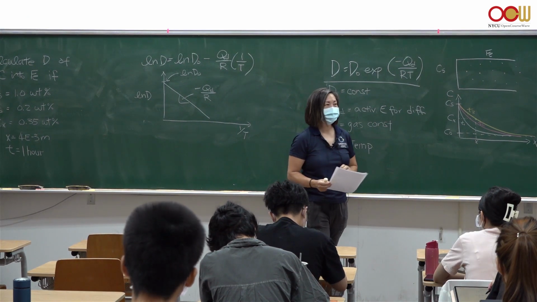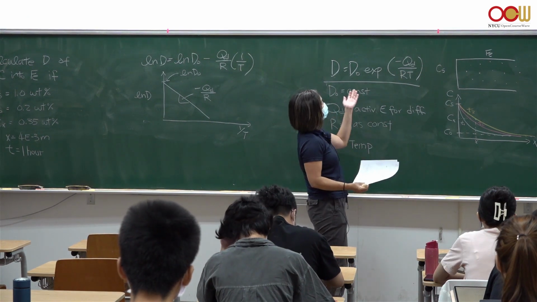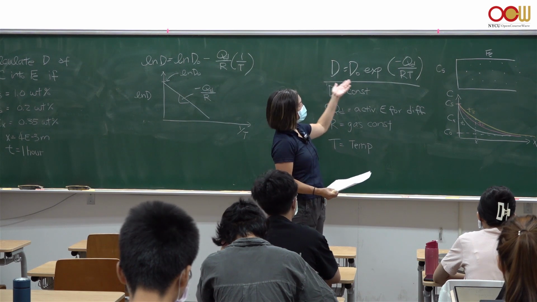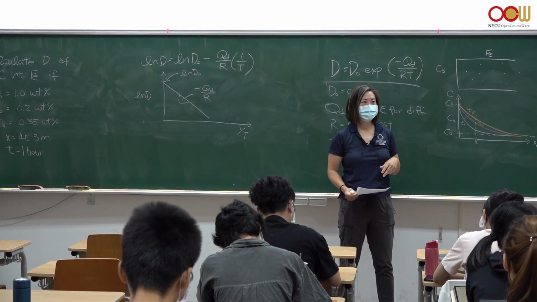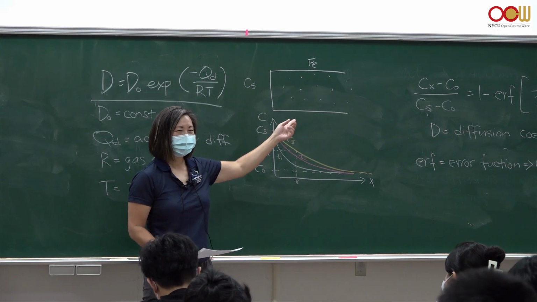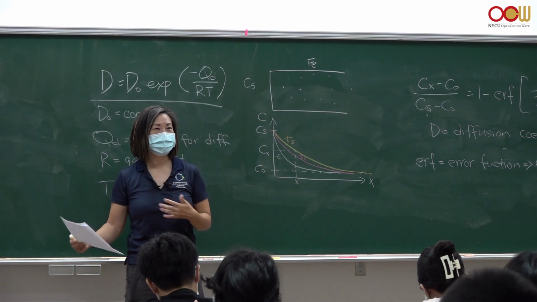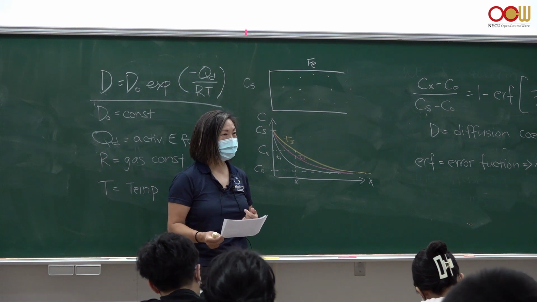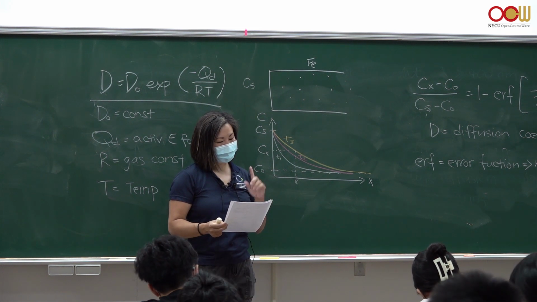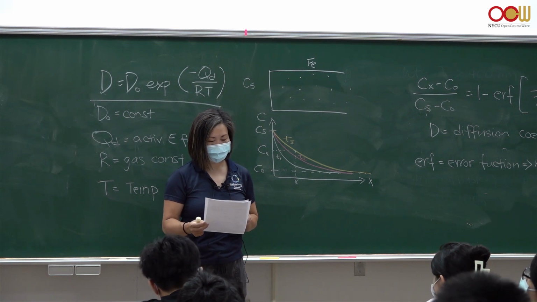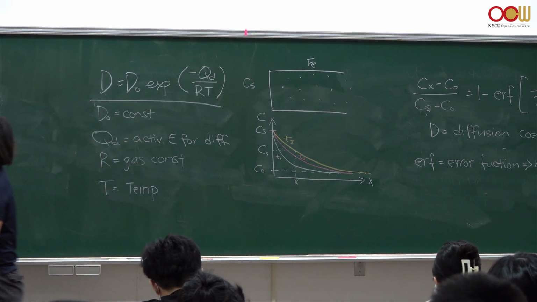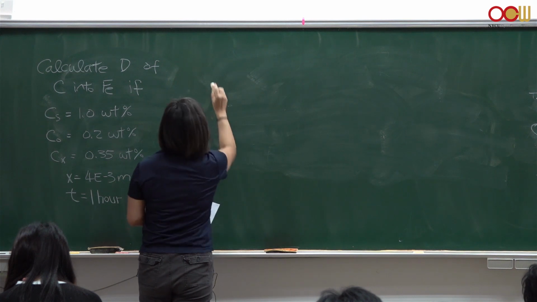So what equation would you use? You have two equations, right? You have this one with the D, that one with the D. Which one would you use? That one, yeah, because you have the information. So go ahead, start working on it. Actually, let me go through it with you a little bit because you probably are not familiar with working with error functions. So, okay, all right, so you have this C